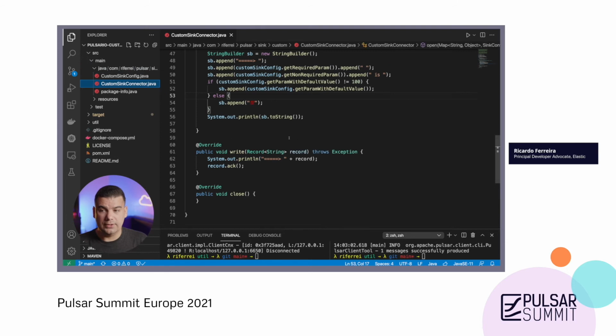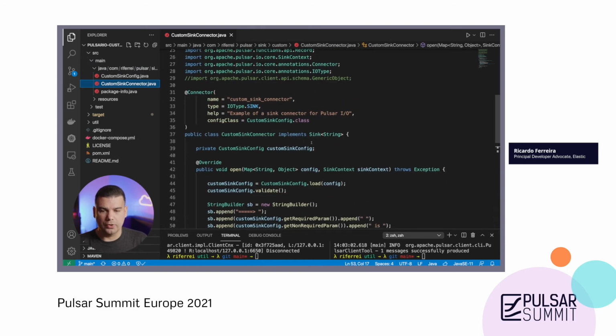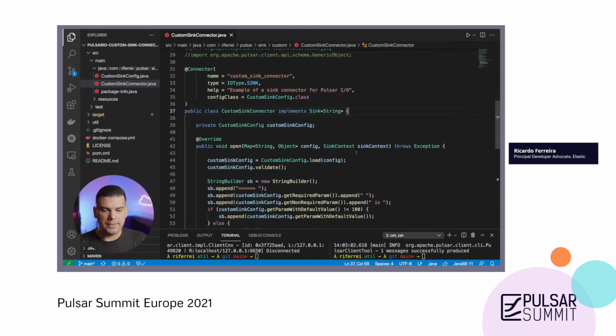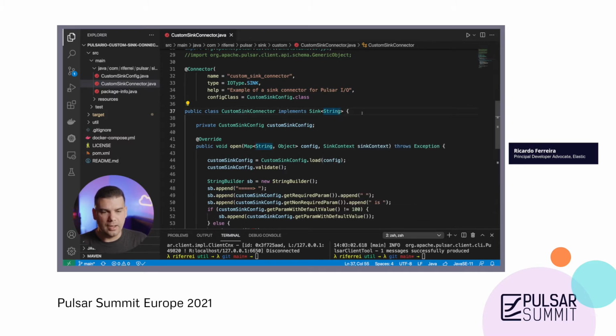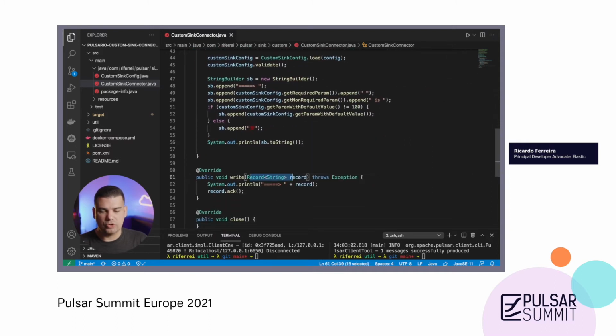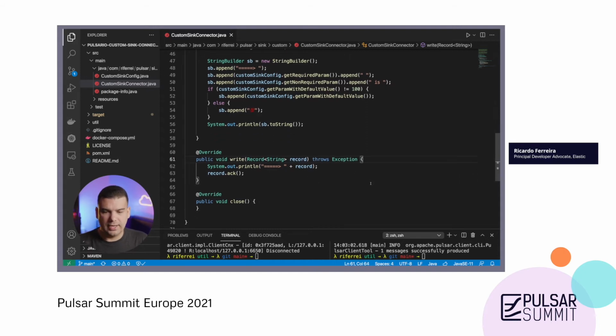So the first class you've got to understand is the actual connector code. So what is a connector? In Pulsar, a sink connector specifically, is a Java class that implements a Sink interface, right? One of the interesting things that this approach allows you is to create a very strongly typed implementation. The type you specify here in the generic portion of the implementation of the interface is going to dictate what is the actual type that you are going to handle. So right now, we are treating all the Pulsar messages as plain strings, right? So nothing fancy on this.